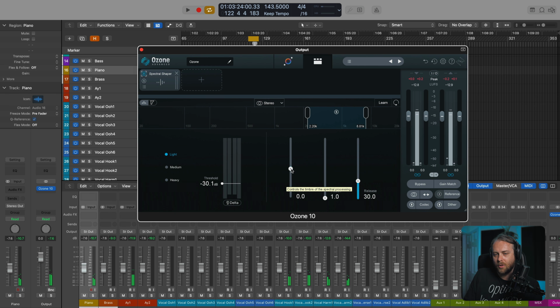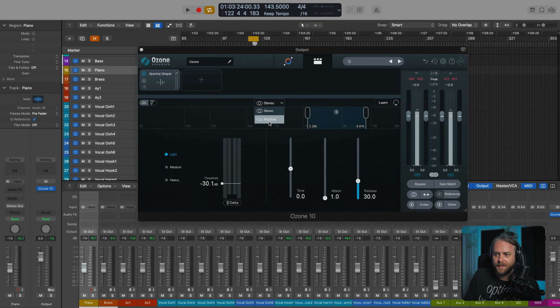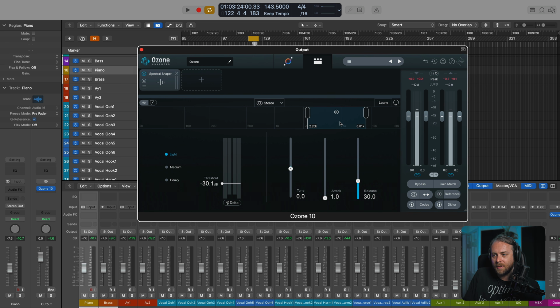Now we can further control the timbre of the Spectral Shaper by moving the tone up or down, brighter or darker. Attack and release controls are very similar to the other ones that we've seen along the way in our compressor and dynamics modules. And we have a delta to hear the difference between the input and output. And we can also process this in stereo or mid-side. And it's also really nice if you want to de-emphasize strident low-end information, and you can control really tubby or out-of-control subsonic frequency information by just bringing the action region down here, bringing the threshold down, and using some gentle spectral shaping just to tame that low end.